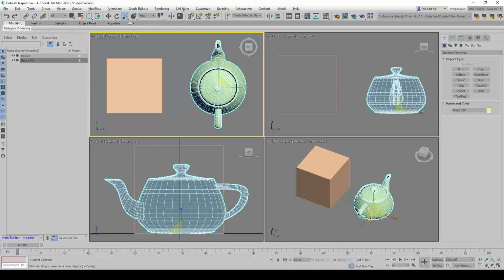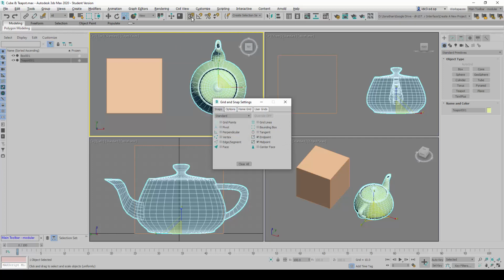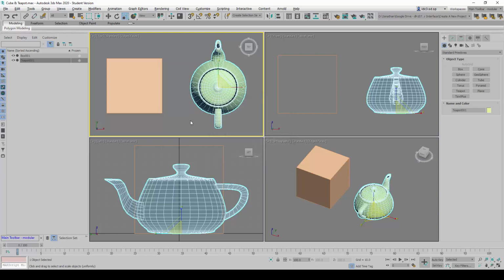The next part here will be looking at the snaps itself. Snaps allows us to draw or model precisely or accurately. We can use the right click button of our mouse to be able to select what we want to snap. By default, grid points are used. You'll notice that when you activate the snaps,